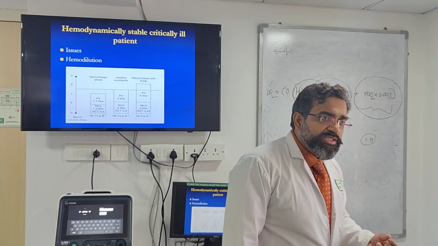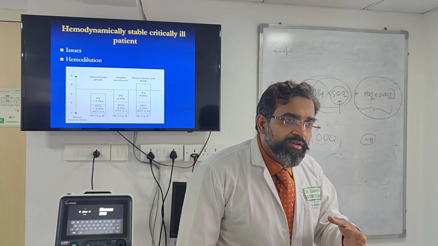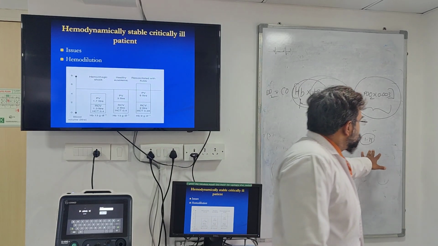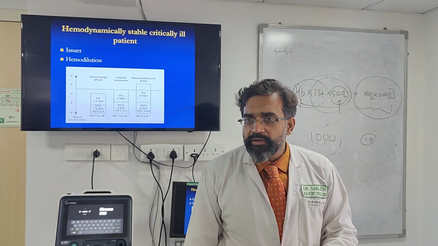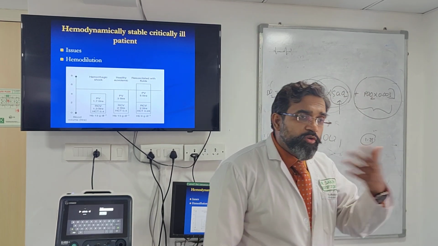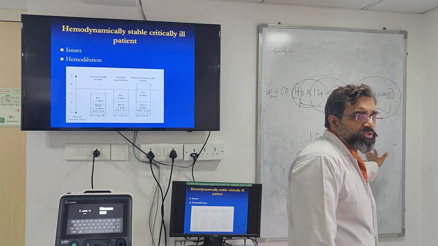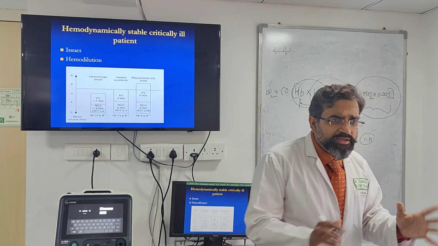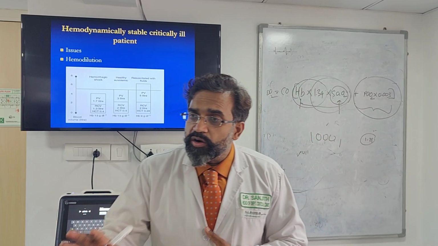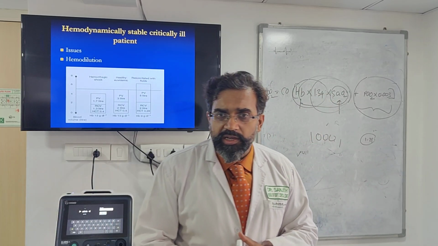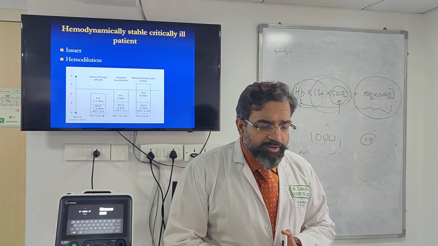But what happens is when a patient is critically ill, this percentage also becomes very important. It slightly increases. Dissolved oxygen also goes up slightly. You understand? Dissolved oxygen goes up. Moreover, if you're going to give hyperbaric oxygen, this goes up even further. That's the only time when that dissolved oxygen comes into play. Otherwise, in usual scenarios, the dissolved oxygen will not be a concern. Right. Now let's take an example.